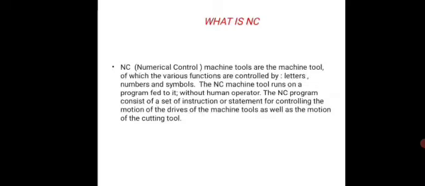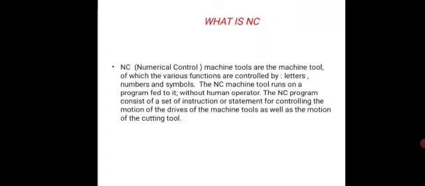The NC program consists of a set of instructions or statements for controlling the motion of the drives of the machine tool as well as the motion of the cutting tool. Here a punch tape is used to store the program to feed into the machine to control all